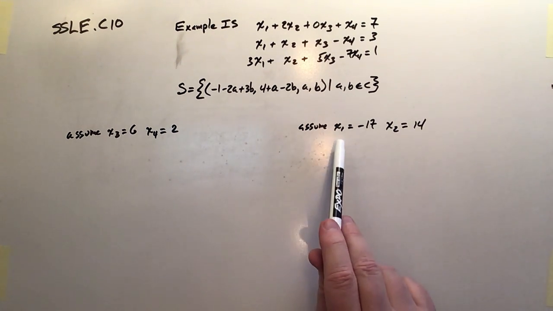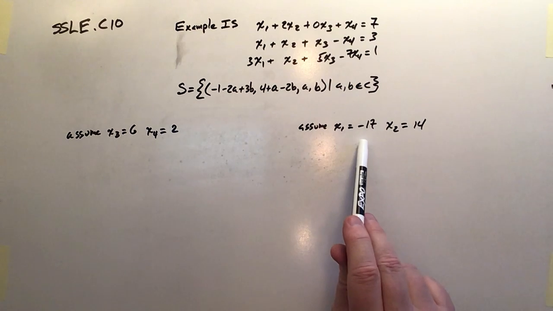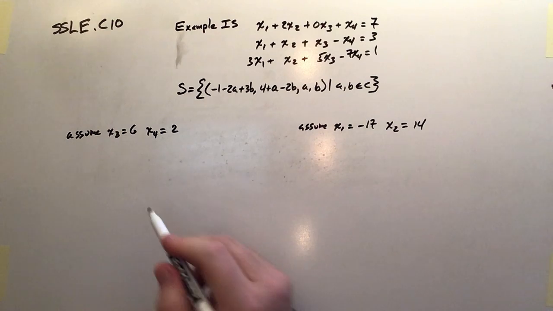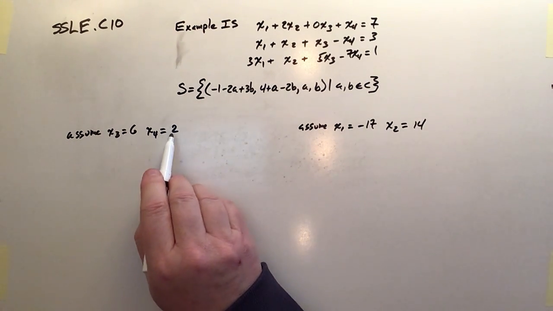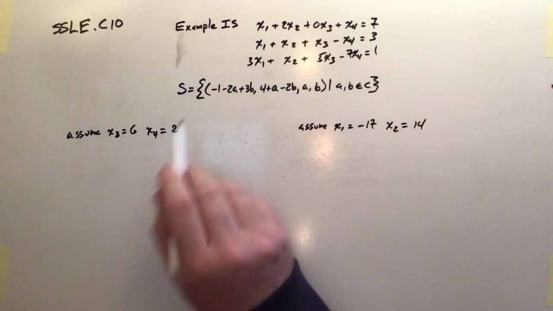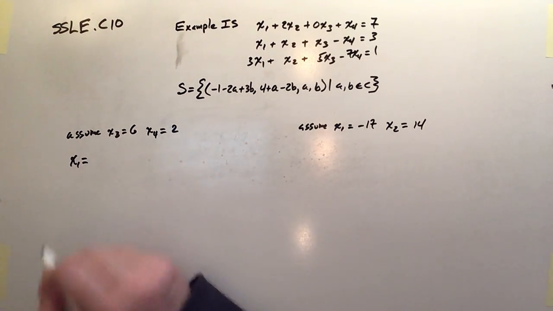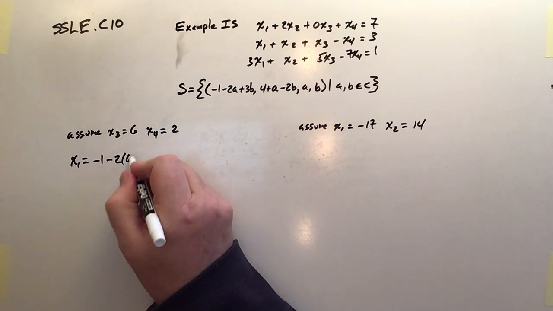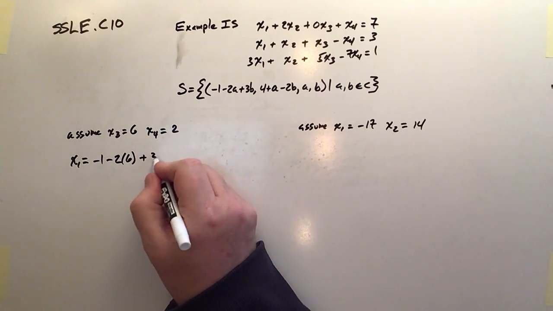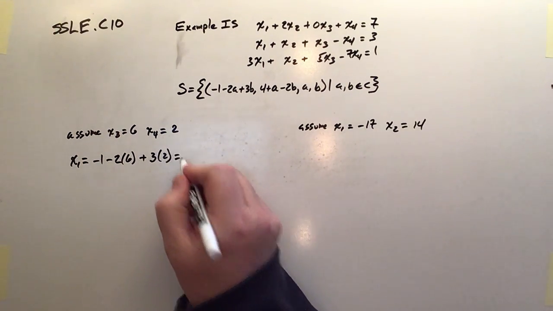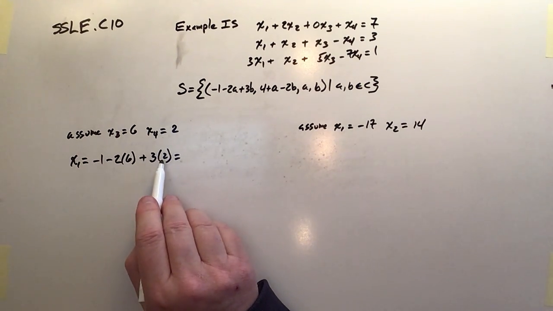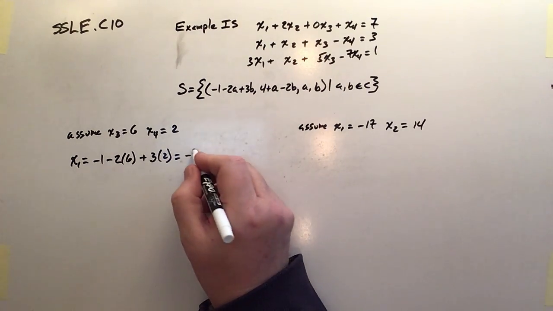And then it says, let's assume particular values for x1 and x2. How many solutions do we get to the system? So let's start with this one right here. If we assume that x3 is 6 and x4 is 2, well, again, that's A and B. So we can find x1. x1 is going to be equal to -1 minus 2 times whatever A is, and that's 6, plus 3 times whatever B is, and that's 2. So this is going to be -12 plus 6, which is -6, minus 1 is -7,